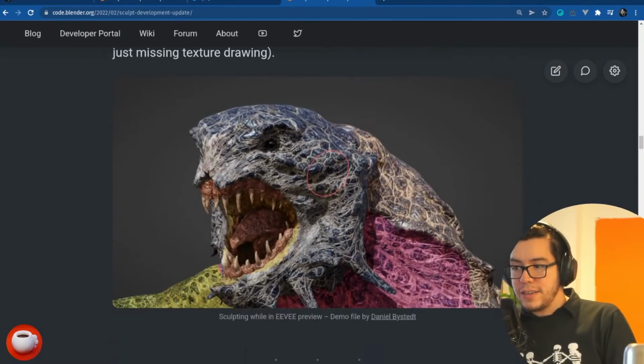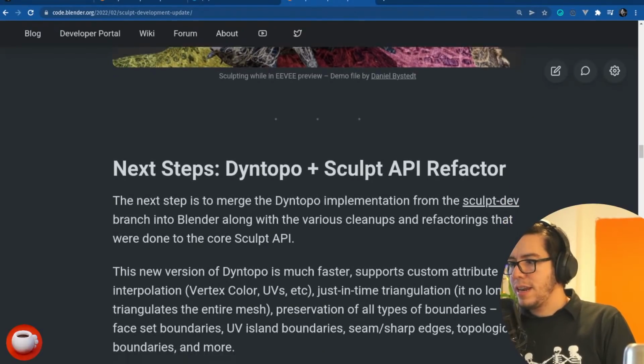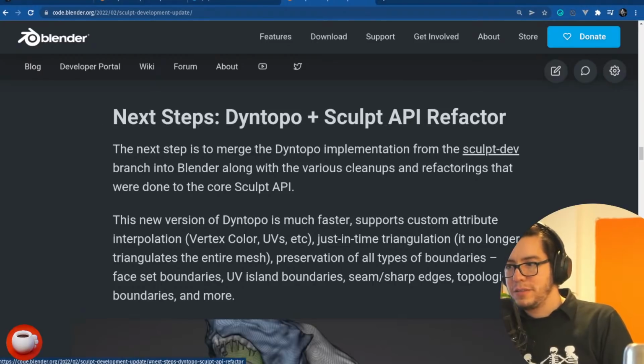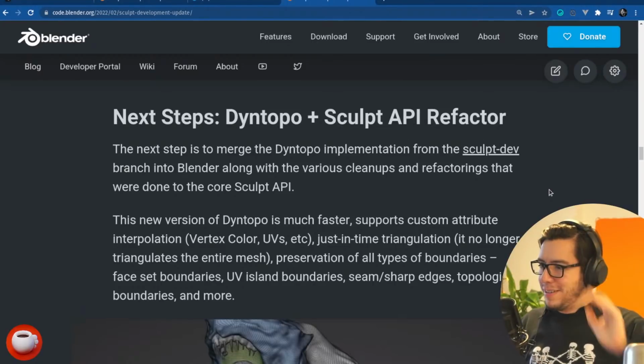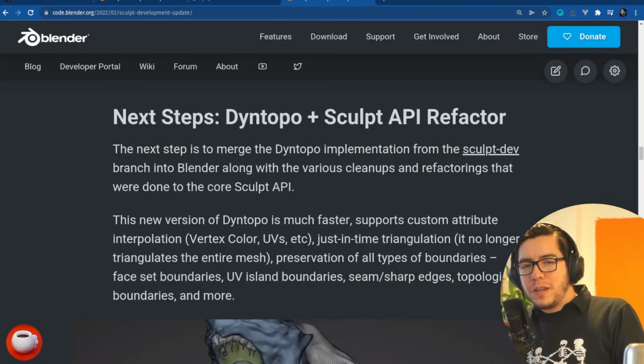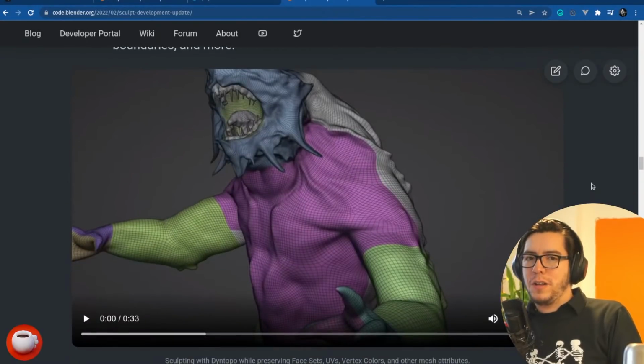Then Eevee sculpting. Yes, you can sculpt with Eevee on. The next you have dyntopo plus Sculpt API. So this is more technical, Sculpt API, but dyntopo, dynamic topology. Remember? Dynamic topology was abandoned for a few years. There were not too many improvements, and there were really big drawbacks of using dynamic topology, because the main one